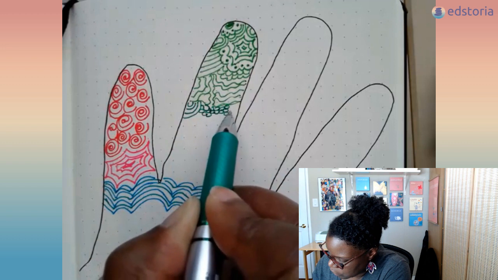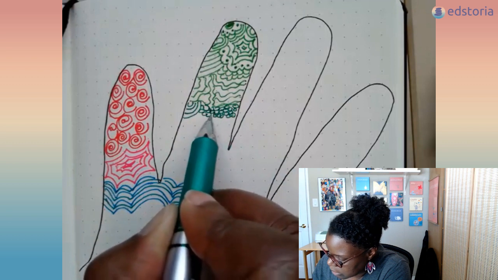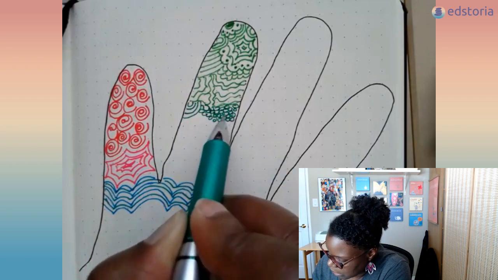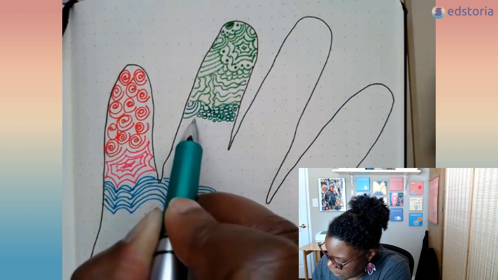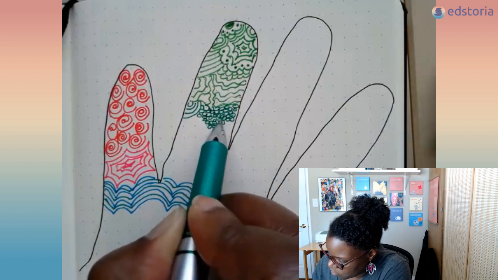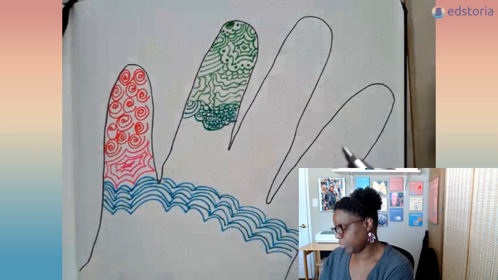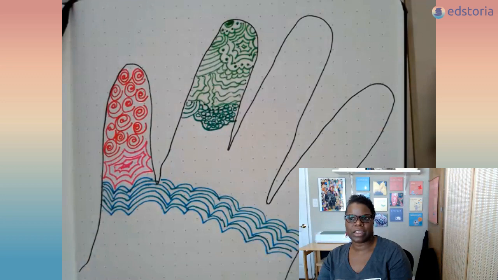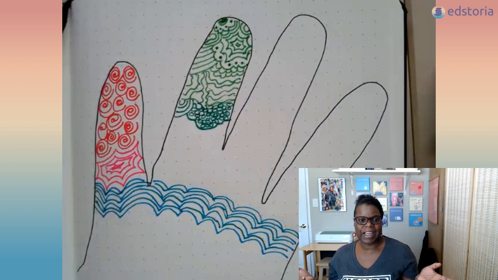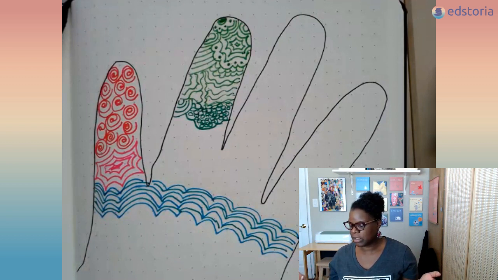Now, of course, if you're doing things with little tiny dots like this, it'll take you a while, which is why I have decided that today, especially since it's an entire hand, it might not be completed today, but it will definitely be a start. Maybe this is your project for the week, and you take 10 or 20 minutes each day,